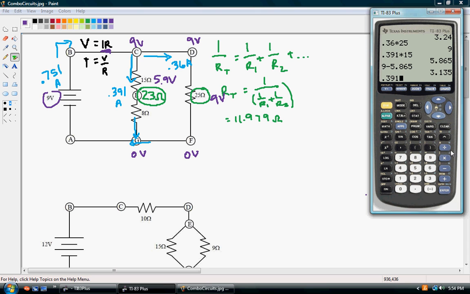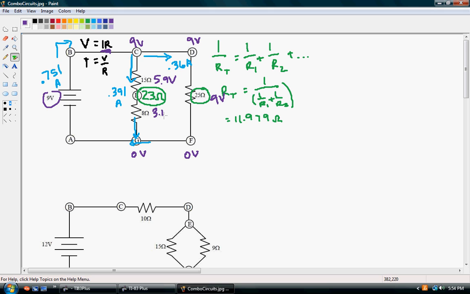Current times resistance, and we get 3.13 volts. So we had 9 volts, we used 5.9, we were left with 3.13, we used 3.13, and now we're back at 0. You can actually find the power that each one of these resistors uses by multiplying your voltage